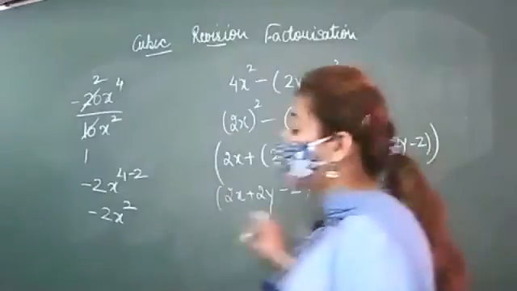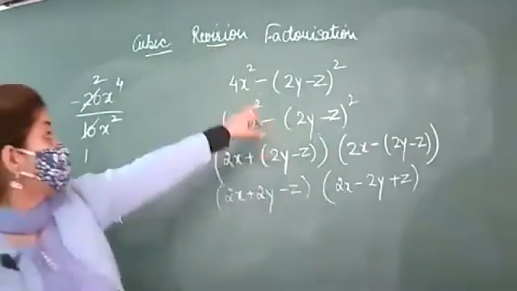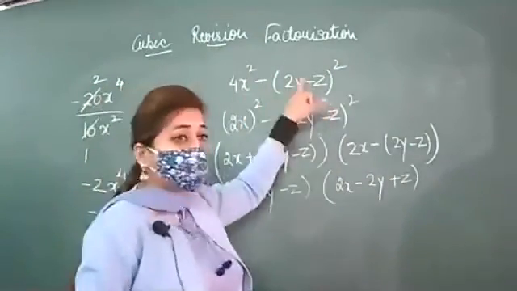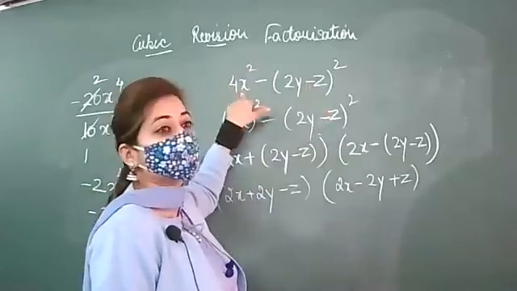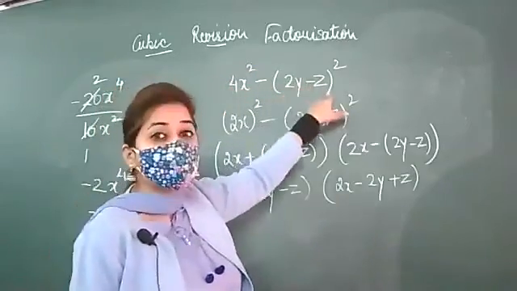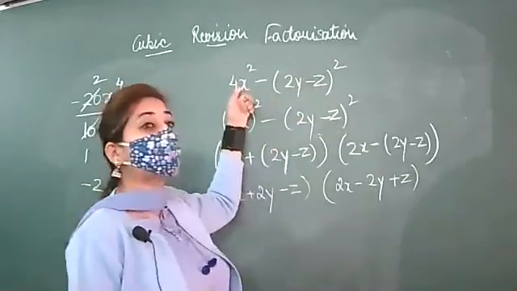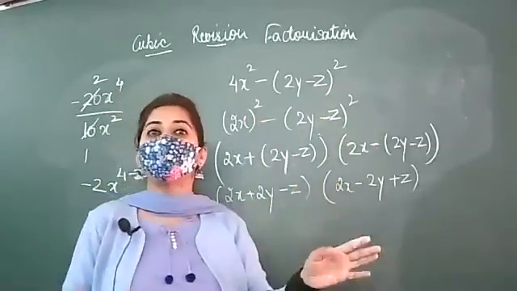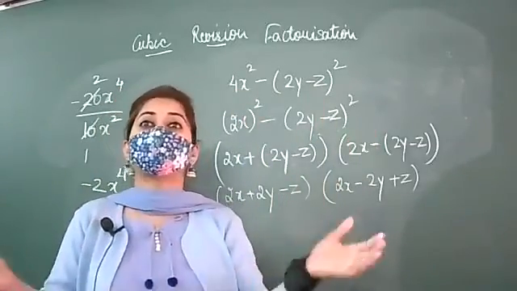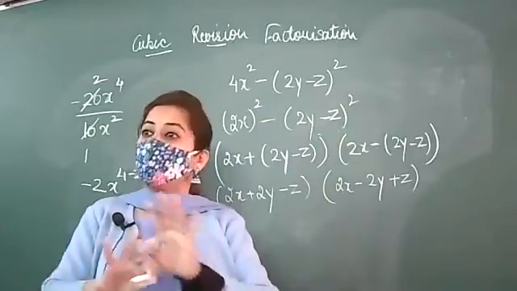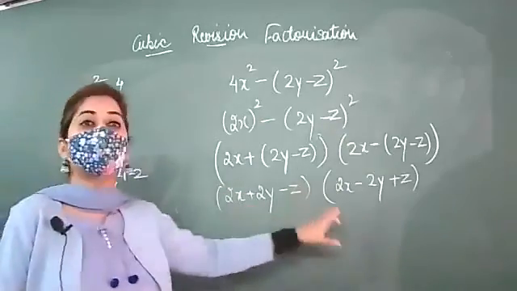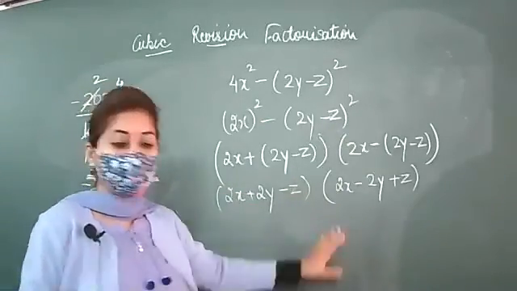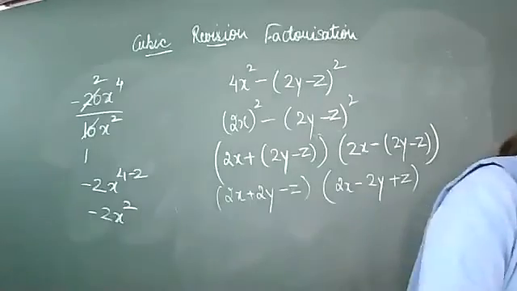But why we haven't used that identity in this term? Because it doesn't have any relation with x. Here I am having y and z, and in the first term I am having x. So no relation is there. You can't solve x square, y square, z square collectively. So you have to make them separate to change it into different brackets. So one more question of this type I am writing.